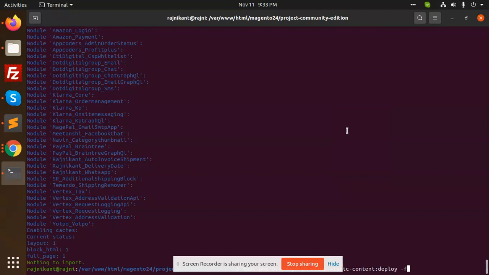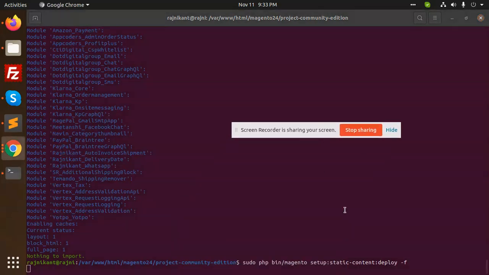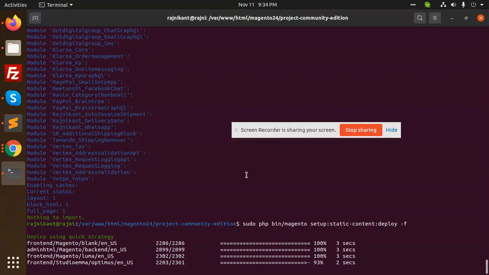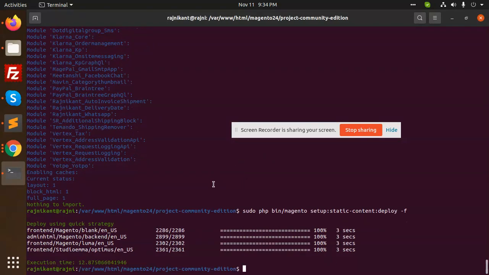It's Magento 2.4.3, the latest version. We are implementing everything on Magento's latest version. So this is updated.